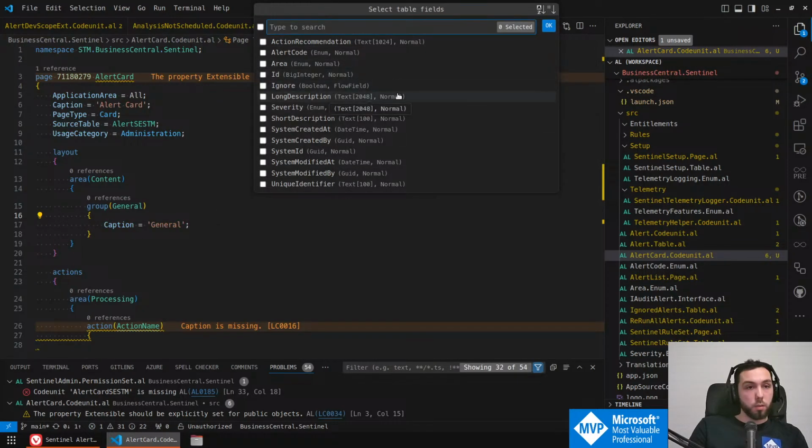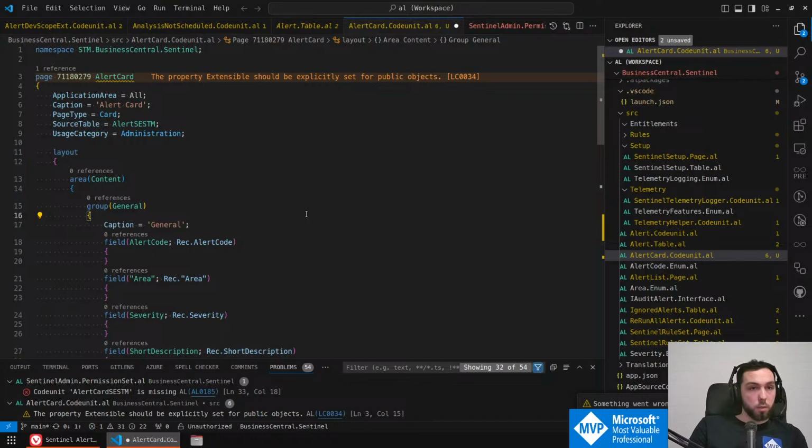Let's see. The ID, I think, is really not important. Alert code, then short description, long description. Maybe area, severity, short, long, action recommendation, and ignore. And then